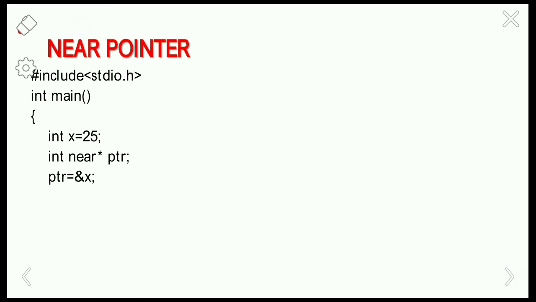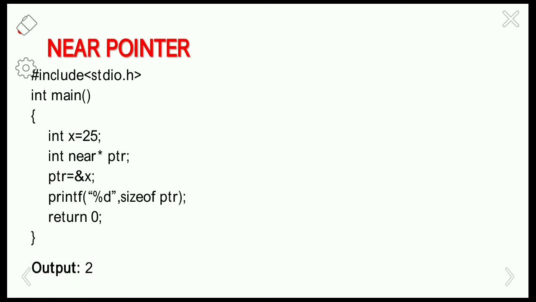Then pointer equals address of x, that is 25, we are storing in the pointer variable. And printf sizeof pointer. So what is the size of pointer here? Pointer is pointing to the address of x. So x equals 25, that is of length 2. Return 0. So here the output is 2 bytes.